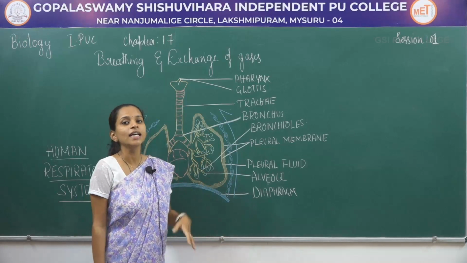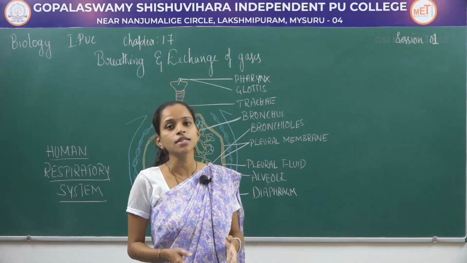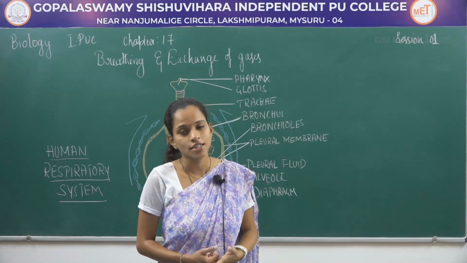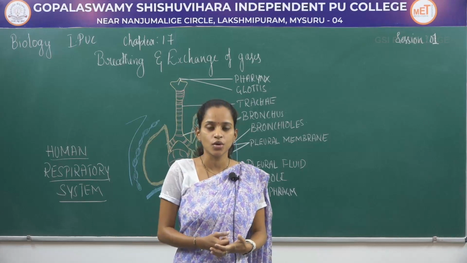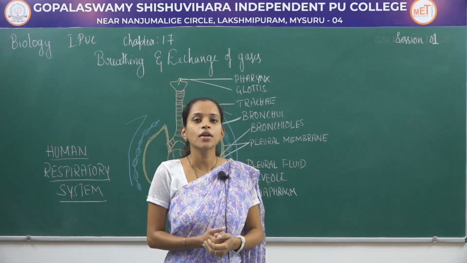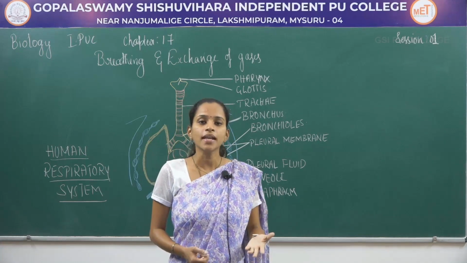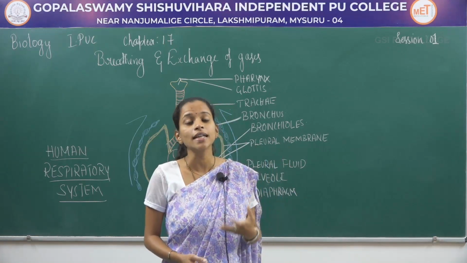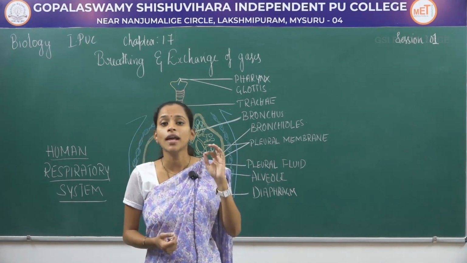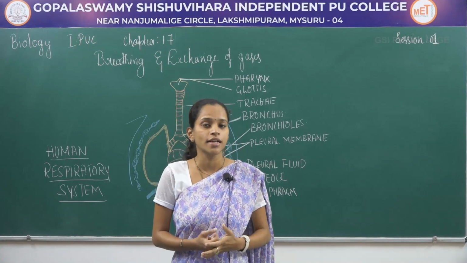Initially, for the exchange of gases in the breathing process, the air from the atmosphere passes into the nostrils. There are two openings in your nose which help in taking up this air. This pair of nostrils is present just below the upper lip. From there the air passes into the nasal chamber. The nasal chamber contains small hairs which help in trapping the impurities.